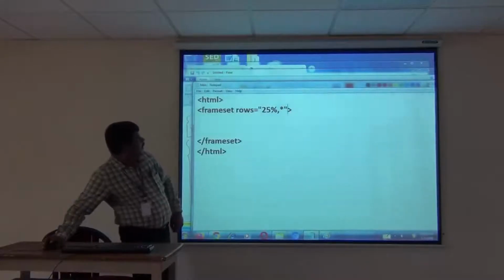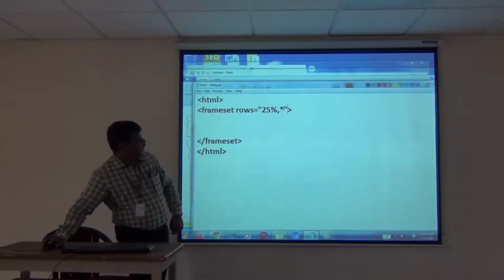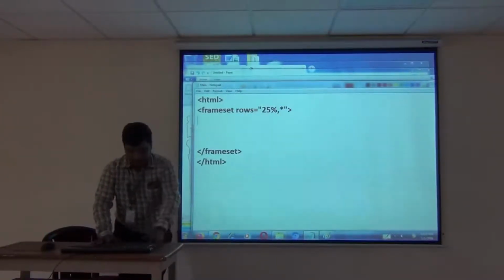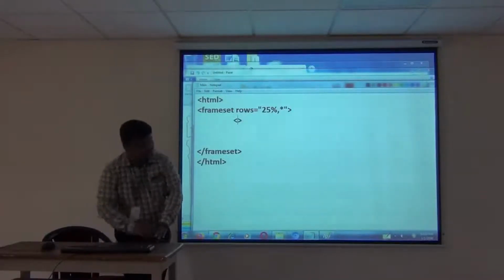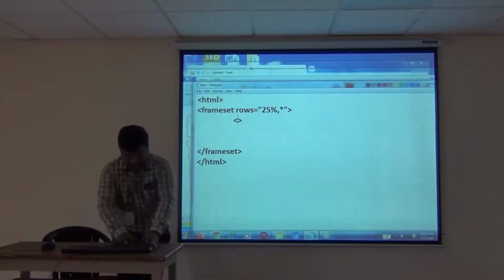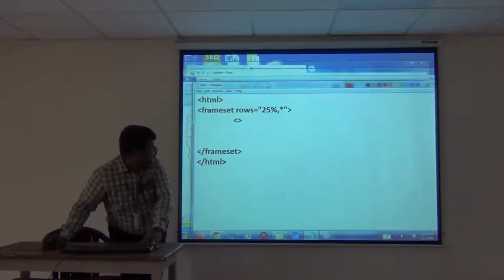Now we have divided into frameset rows, 25% for the first window, and the second window will be the balance size. Next, the subtag. Now only the frames are created. I will save the program.